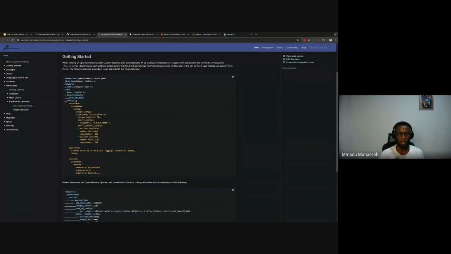But OpenTelemetry becomes important when you want to move that data from Prometheus to a different backend entirely. Let's say you want to migrate from Prometheus to Splunk, and you want to move all the data that Prometheus was collecting previously to Splunk. That's where OpenTelemetry comes into play. You can install OpenTelemetry to scrape Prometheus and then push the data to Splunk. Does that answer your question?